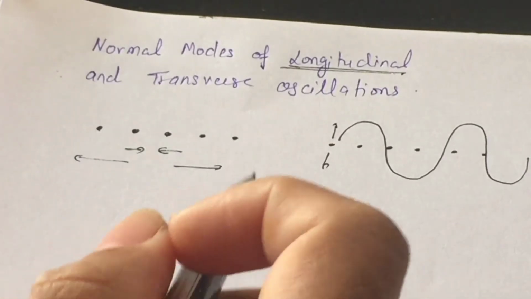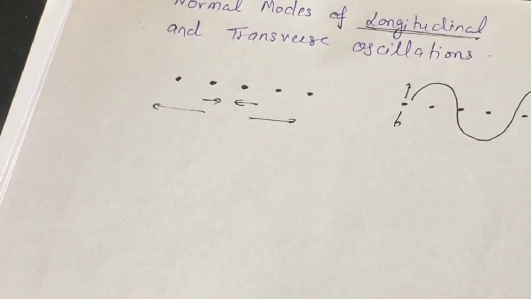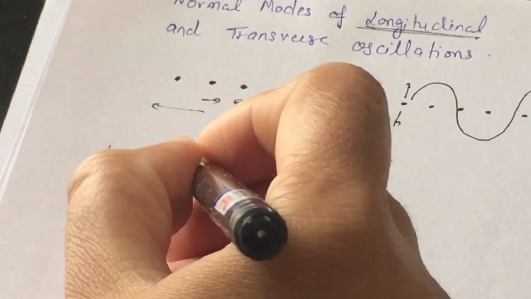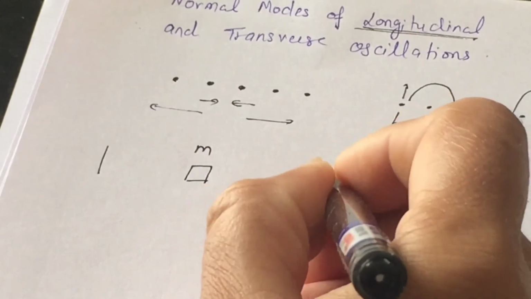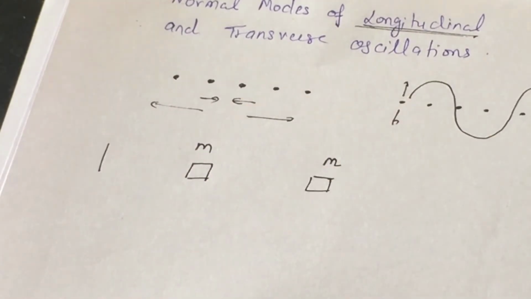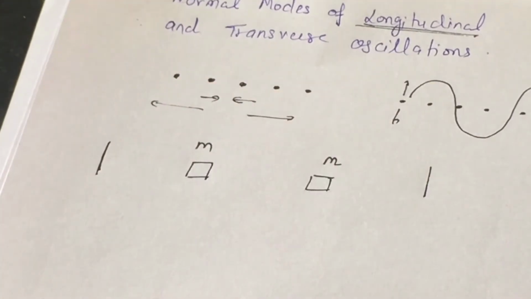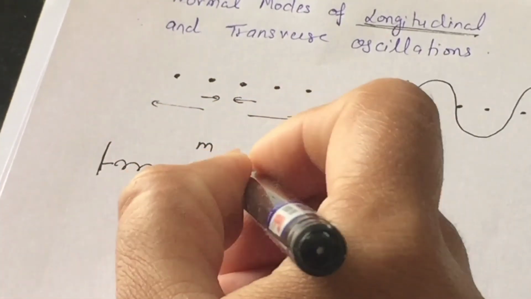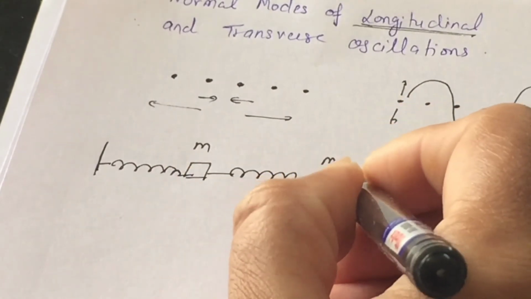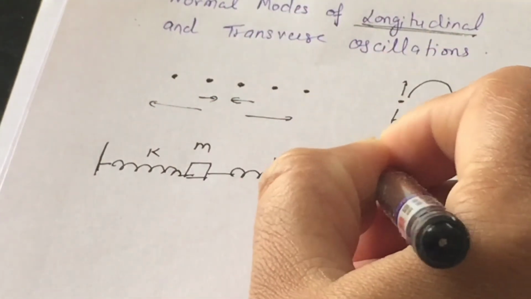Let us consider a system having two particles or two masses, and the two masses are attached with three springs. Let us consider the first mass is m, and the second mass is also m. Both masses are taken as equal masses, and these two masses are connected with three springs, but the condition is that all the three springs have the same length and